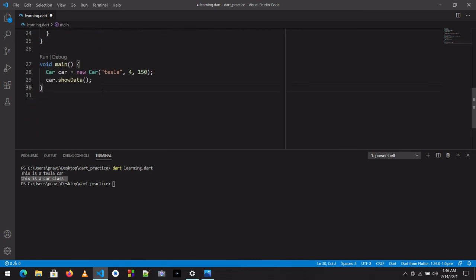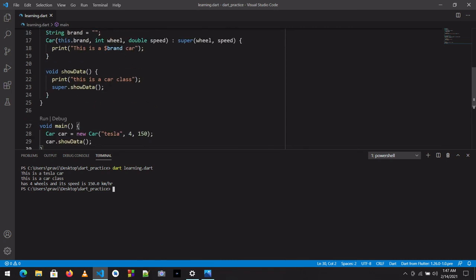So let's see what happens if we run the program. Okay, now it printed this is a Tesla car. So when the constructor is created, this is a car class. When the show data is executed, it printed this statement, and then it also printed it has four wheels and its speed is 150 kilometers per hour, that is due to this super dot show data.